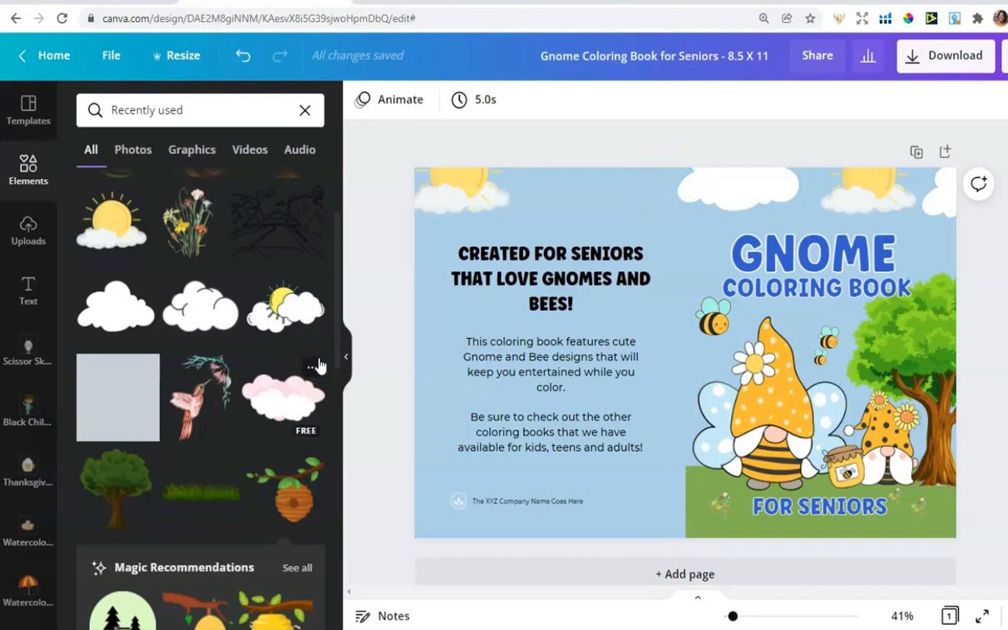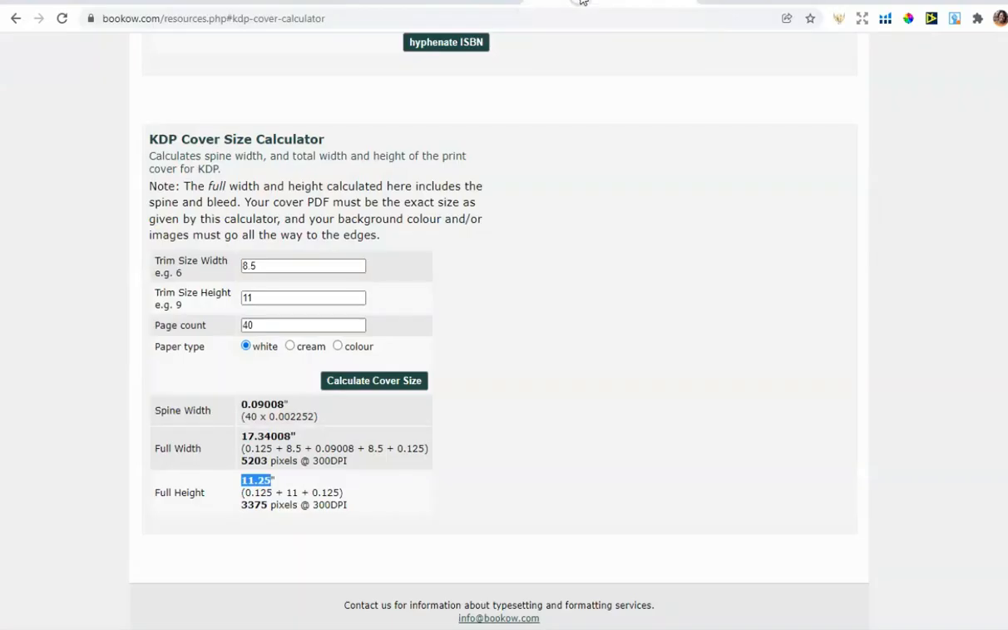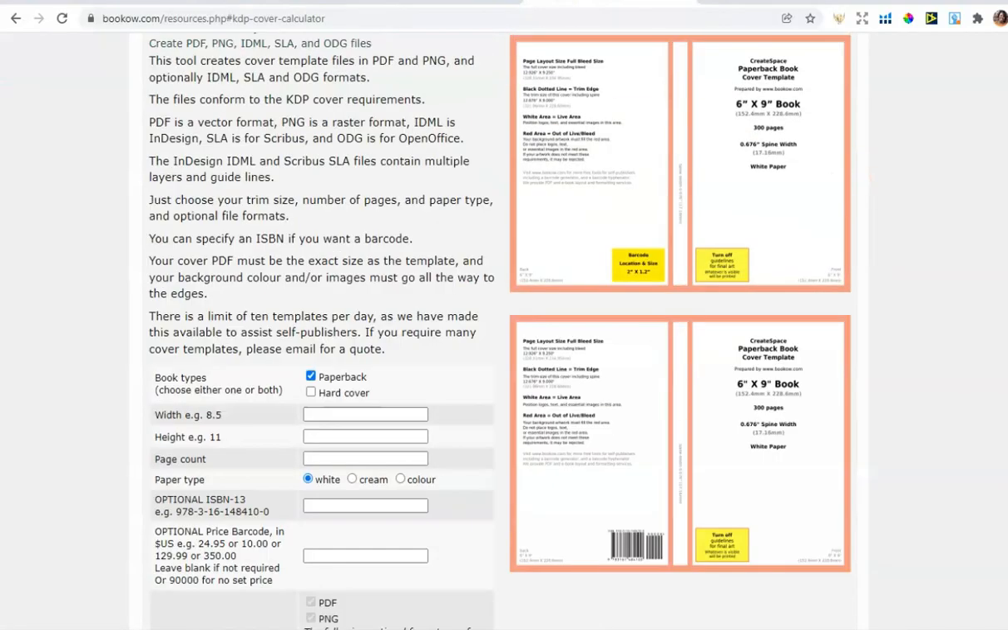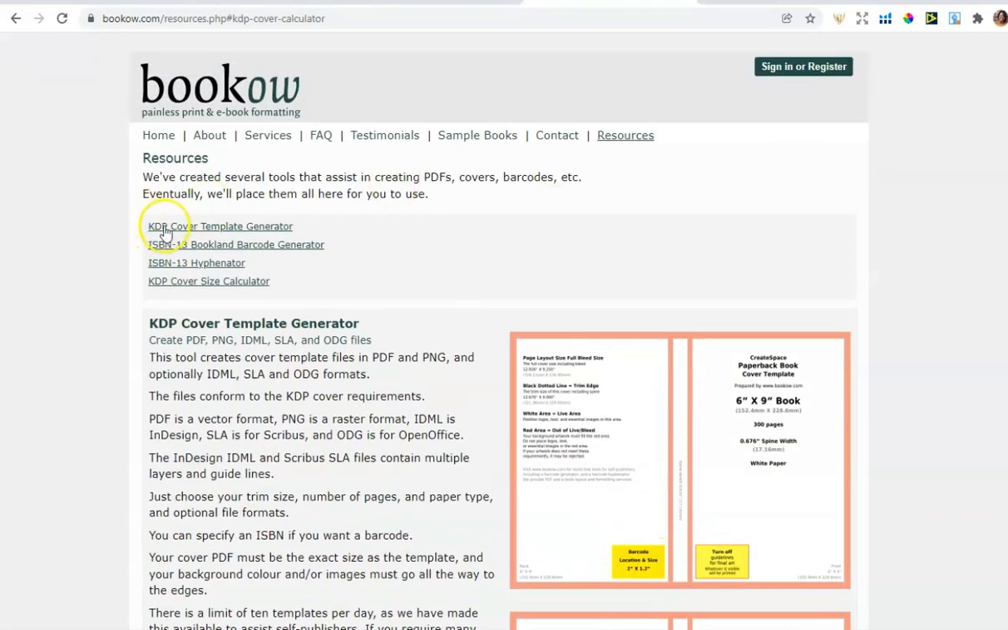I just kind of leave them as is. Now the final piece of this puzzle is that we're going to have to get a template from BookHow to make sure that everything is going to fall in line according to the specifications that we have for this book. So I'm going to go back over to BookHow, and we're going to go up to the KDP cover